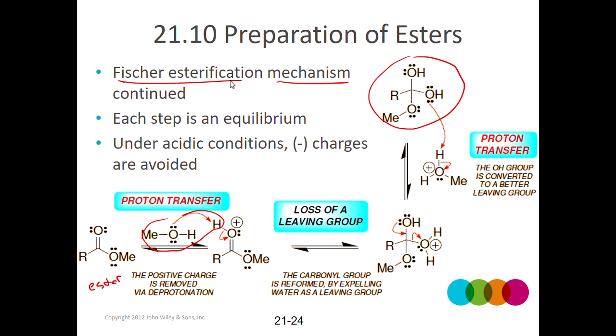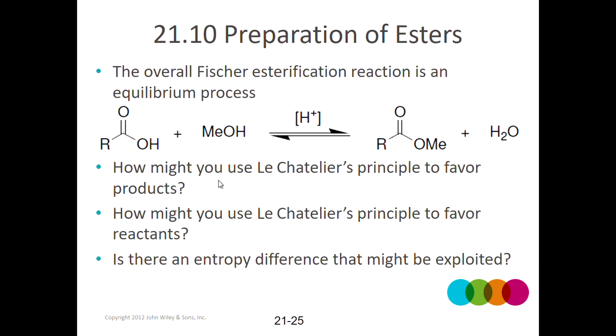It is in equilibrium. We need the acid to protonate things and get through the transition state more readily. And when we have acidic conditions, we should avoid negatively charged intermediates. So in this mechanism, the acid catalyst is there for kinetic reasons, right? Otherwise, without that, to get this weak nucleophile to attack this relatively weak electrophile, they're both relatively weak, they're both relatively low in energy. To get that to attack directly and create an intermediate with 2 formal charges,